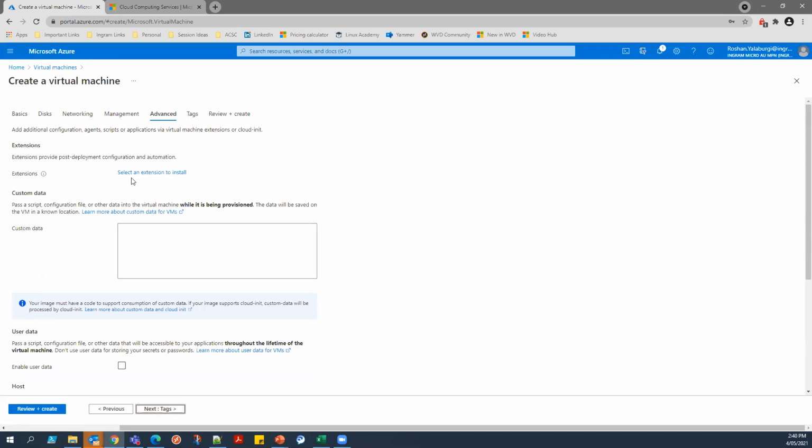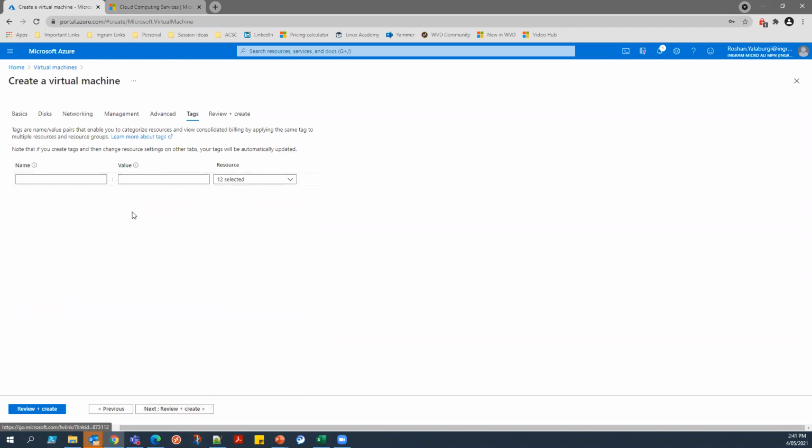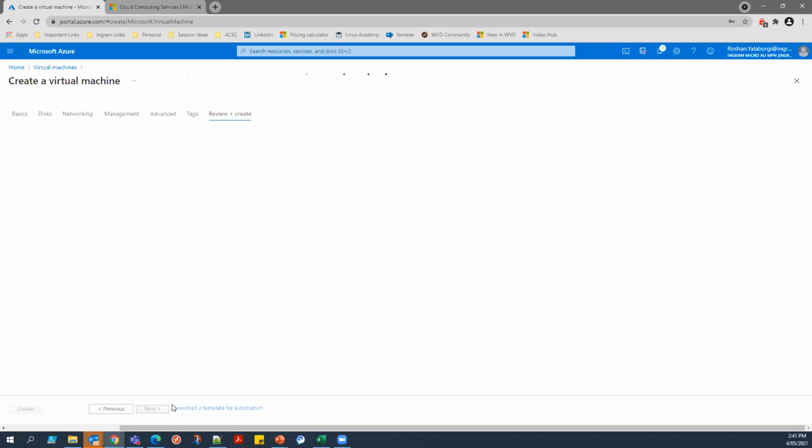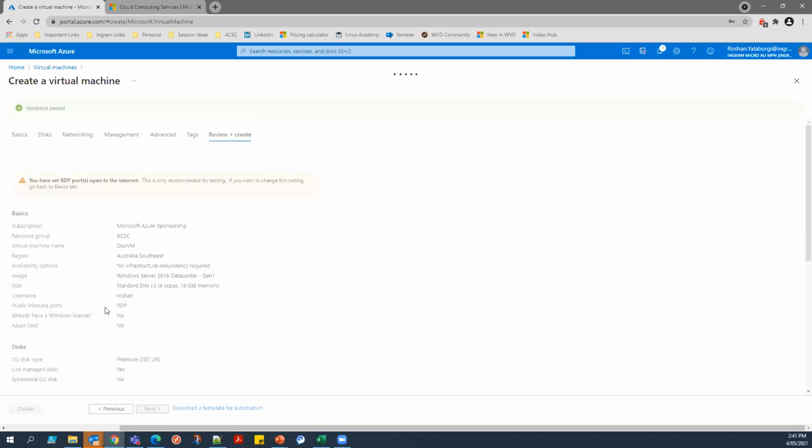You can even add extensions. For example, if you want this virtual machine to by default have a monitoring agent or a backup agent, or if you want to run a script once the VM gets created, right? All of those things are possible in extensions. Tags are very helpful, like I said earlier, for identifying the resource and mapping the resource to a billing entity. So let's say you are creating resources for each project, each department, each user, tagging them with the right values will help you know who's using what for what purposes, and then bill that customer or that user accordingly. So if I say review and create, I can go ahead and click create, and my virtual